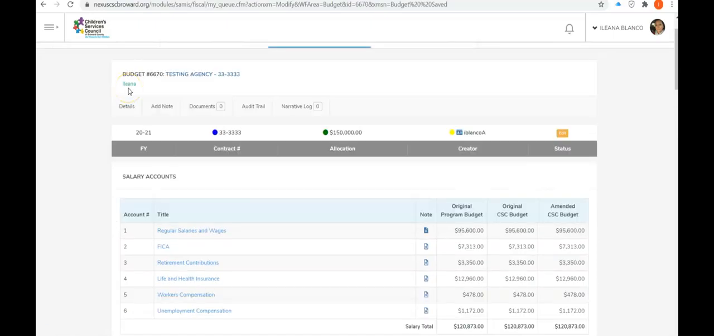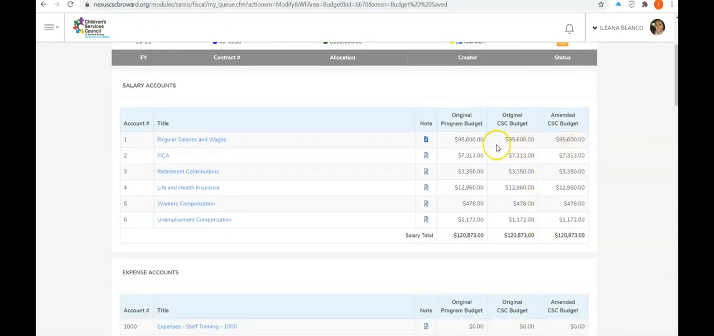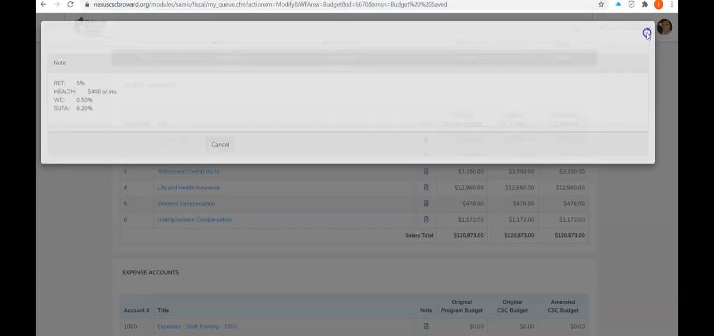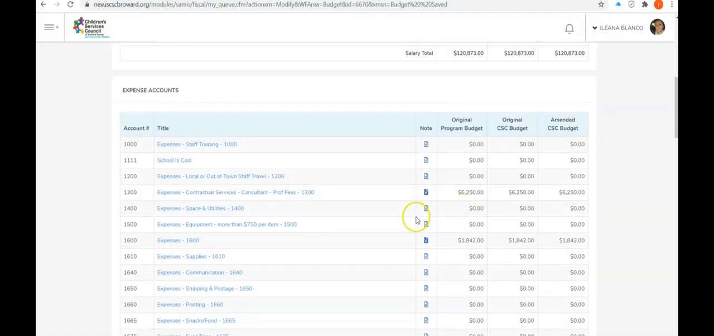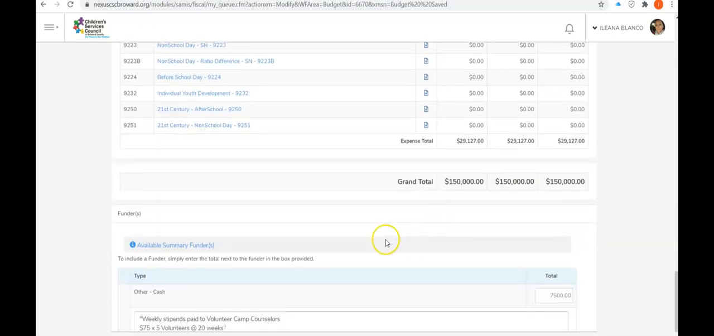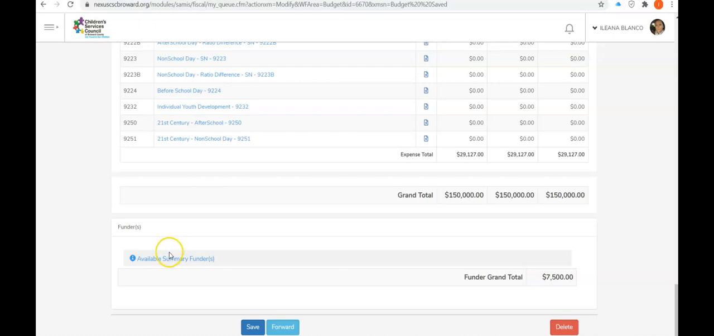Now that it's saved, let's give it one last glance and ensure I've entered the budget for the correct fiscal year under the correct contract number and with the proper allocation. As you can see, my budget is still in edit mode. As I scroll down, I ensure that I have a blue note attached to my regular salary and wages to describe my fringe benefits, and a blue note is attached to all expense line items that have been allocated funding. As I scroll down to the bottom, I ensure that the match has been recorded, and now I have a